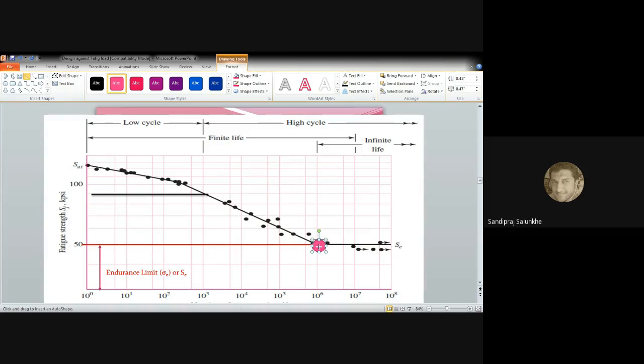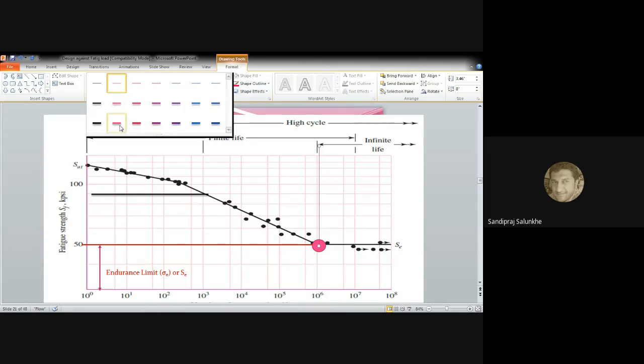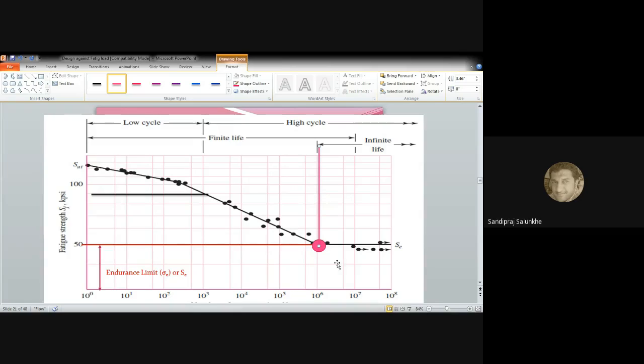इथनं जर आपण ही रेष काढली, आता फायनाईट लाईफ जरा थोडंसं पुढे दाखवलंय, कारण बरेचसे पॉइंट आहेत हे फेल झालेले इथं, म्हणून फायनाईट लाईफ थोडं पण अवरेज घेतलं. पण एक्झॅक्टली इफ यू आर टॉकिंग, देन this line will indicate the value of finite number of cycles. म्हणजे ह्या इंड्युरन्स लिमिटच्या वरचा,